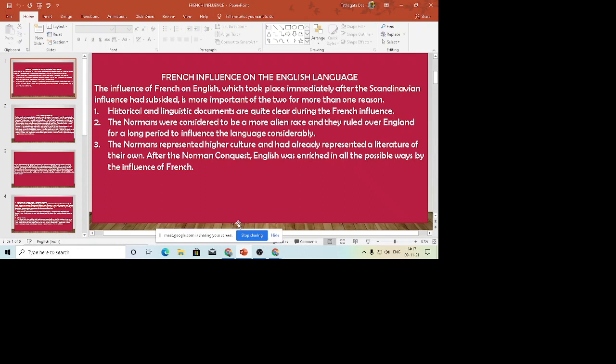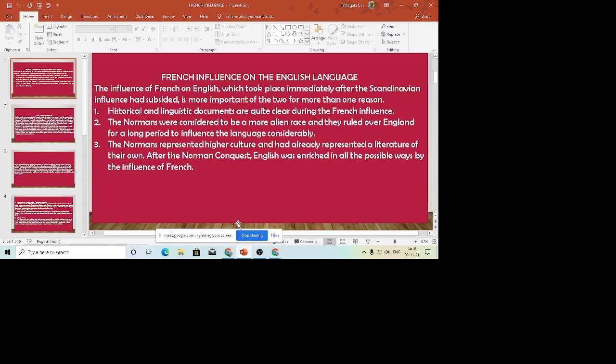So after this conquest, the Norman conquest, English remained the language of the country folk, the ordinary people. The French of the Norman kind became the language of the government, and quickly it became a necessity to many who had a share in ruling. So as you see, even people who were not directly connected with the ruling of the country, that is, not associated as such with the aristocracy,